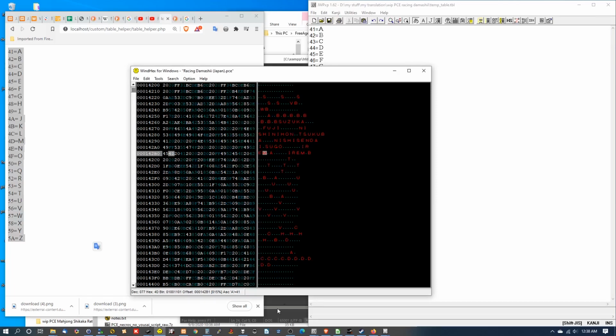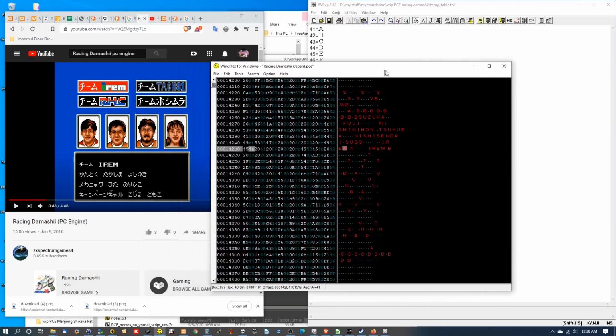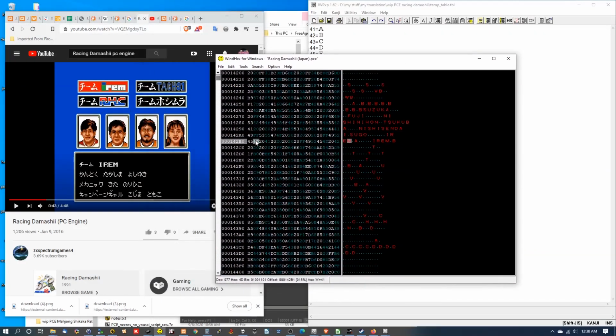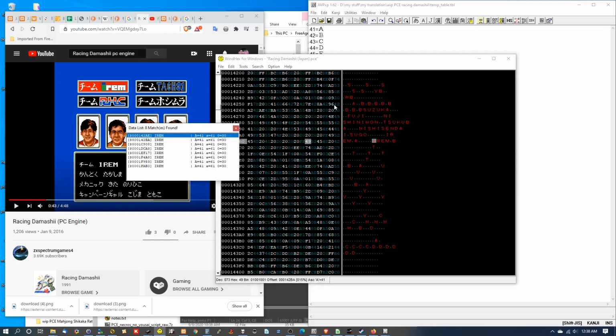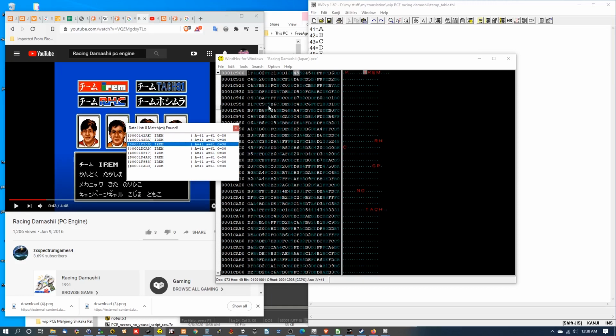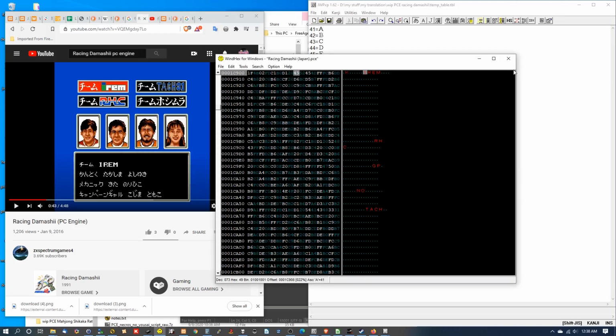So what we would be looking for in this case to help us decode the Japanese text encoding is this particular IREM that has team, then Kantoku, space, Takashima, space, Yoshiyuki. That's not this one, because this has other stuff. So let's find it again. F3. Okay. Oh, here we go, IREM. Let's check this one out. We're going to look at the values, of course. What we're looking for is something that looks like